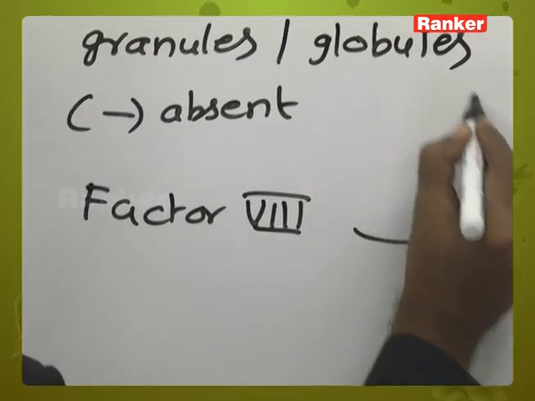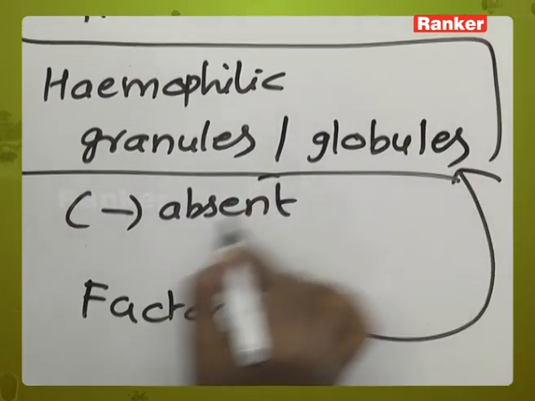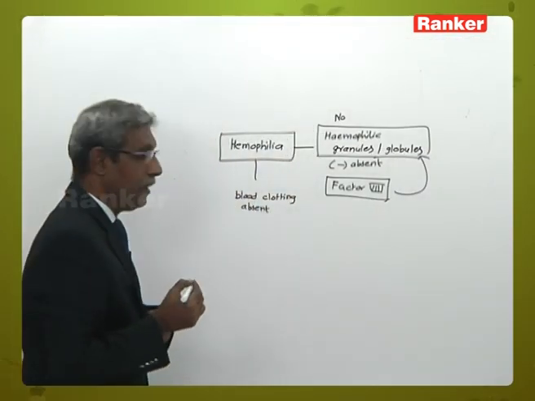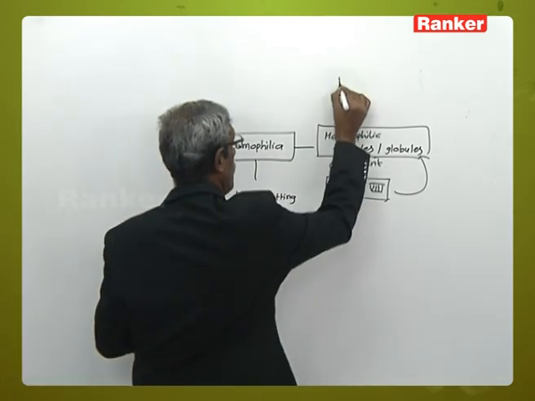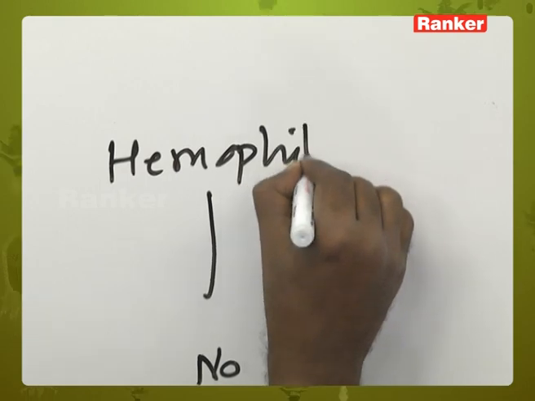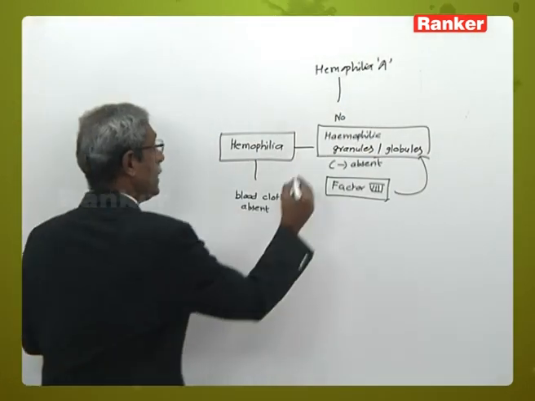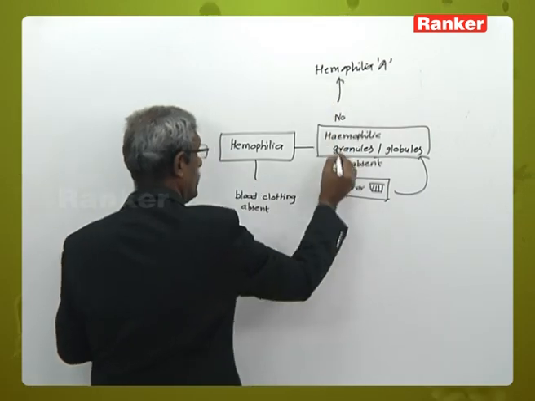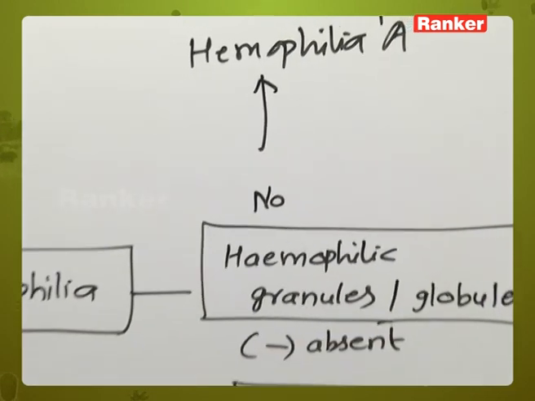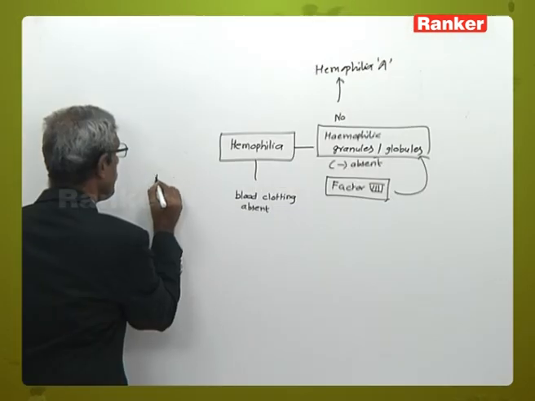Factor 8 refers to hemophilic granules or globules, and the absence of this factor results in a disease termed hemophilia A. So, hemophilia A is one condition where there is absence of hemophilic globules, and there is another factor called factor 9,